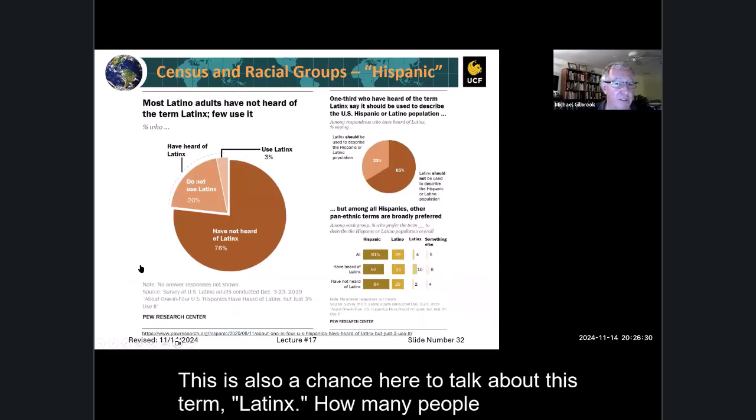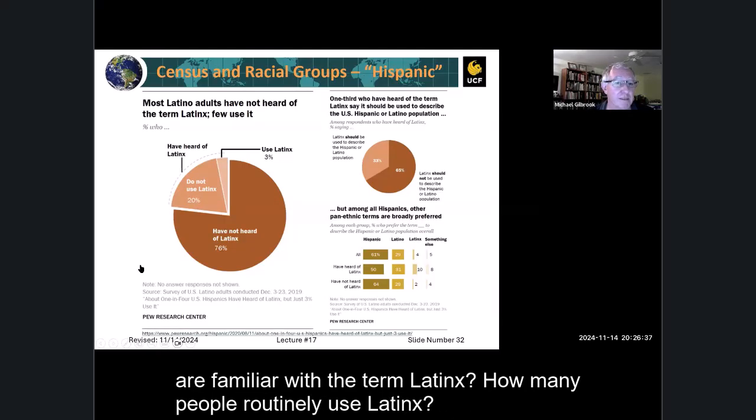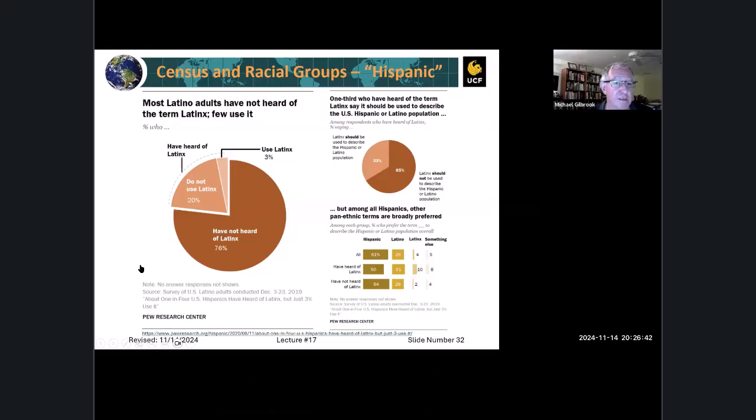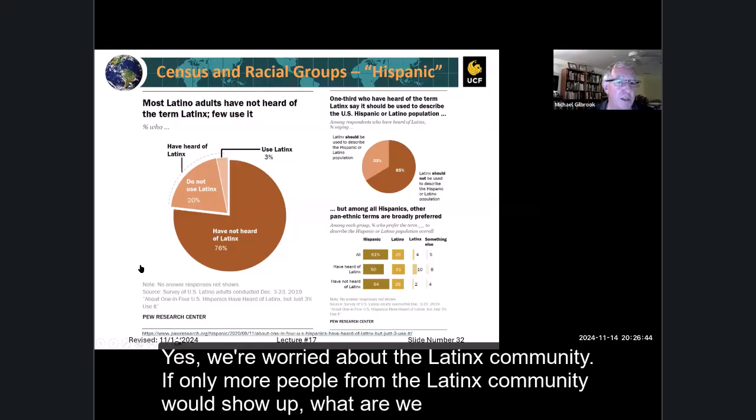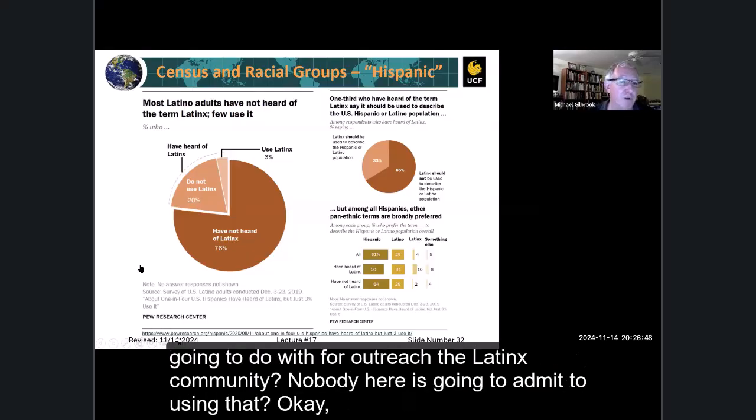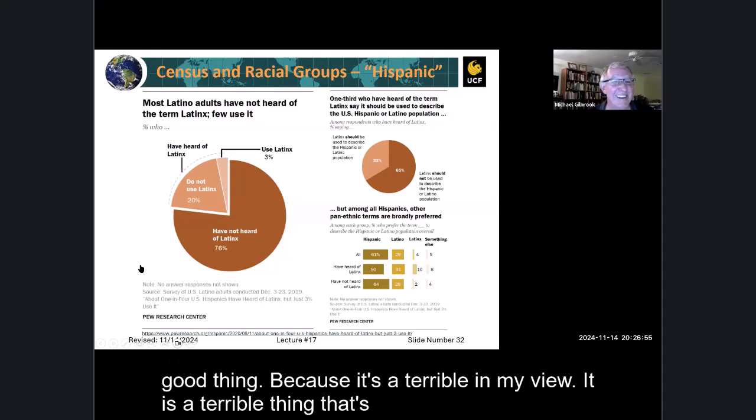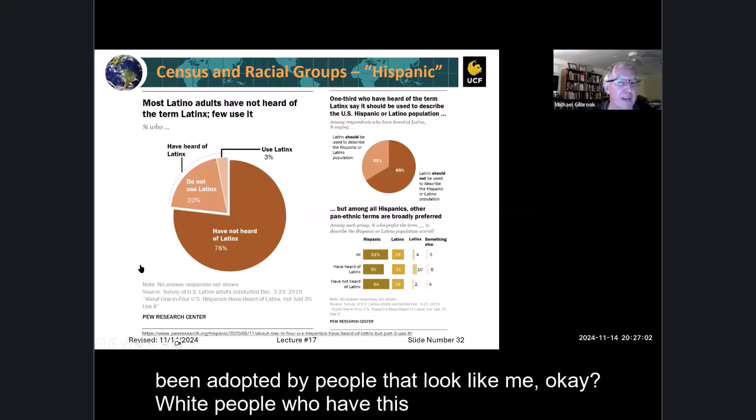This is also a chance here to talk about this term, Latinx. How many people are familiar with the term Latinx? How many people routinely use Latinx? Yes, we're worried about the Latinx community. If only more people from the Latinx community would show up. What are we going to do for outreach to the Latinx community? Nobody here is going to admit to using that? Okay. Good thing. Because in my view, it is a terrible thing that's been adopted by people